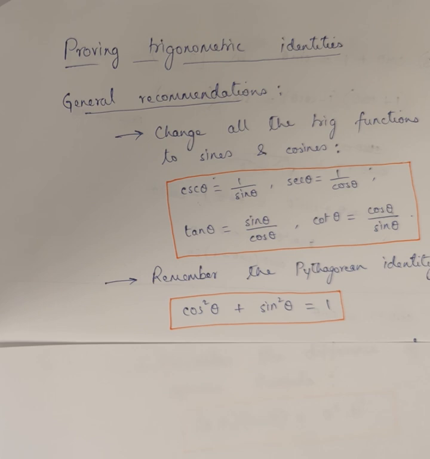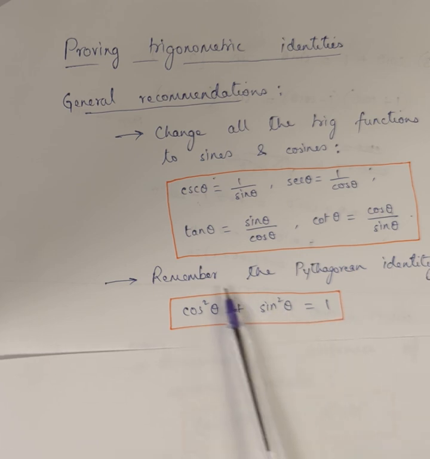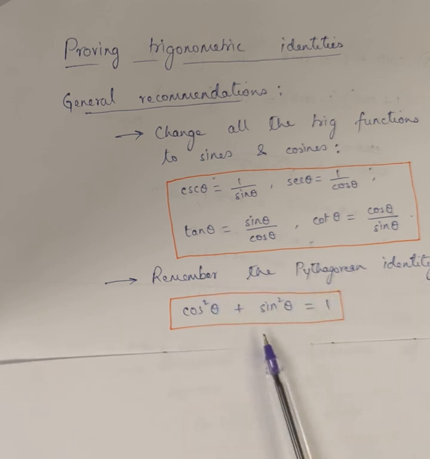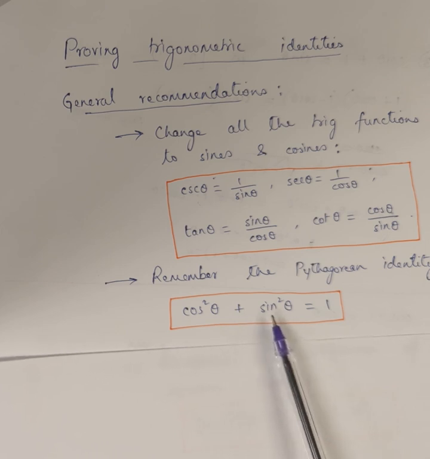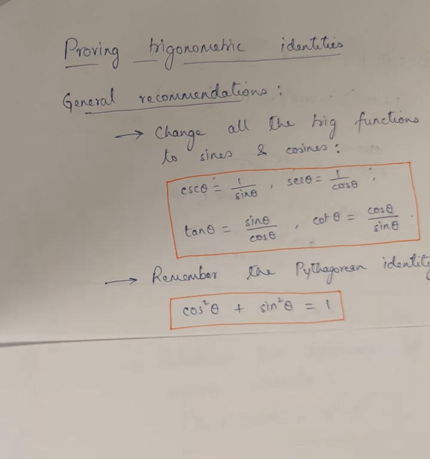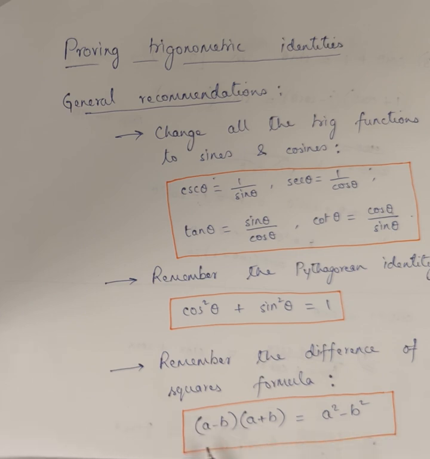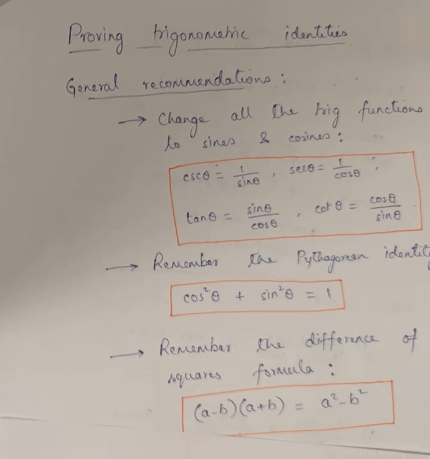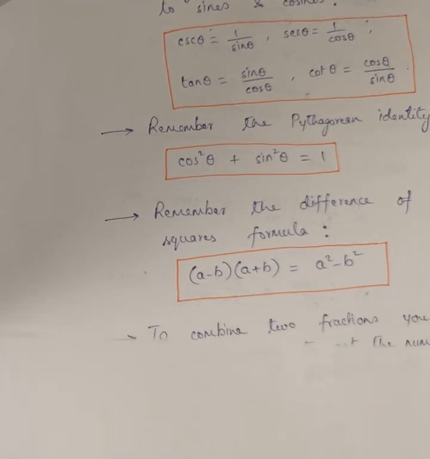Then at the very minimum, we should know cos square theta plus sine square theta equals 1. That's the Pythagorean identity. There are two other Pythagorean identities. If you know them, then you can do more problems. But at least this one should be known. And then this is from algebra: the difference of squares, a minus b times a plus b equals a square minus b square. And finally,